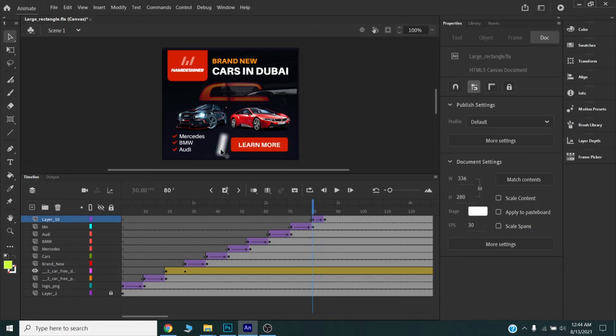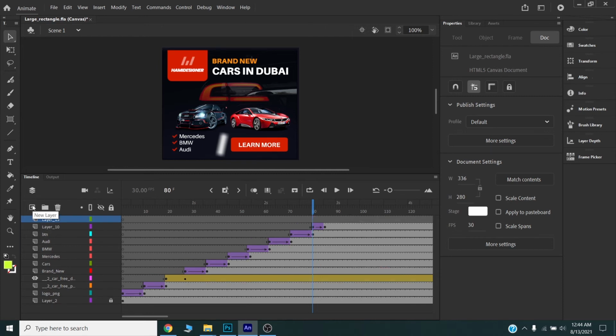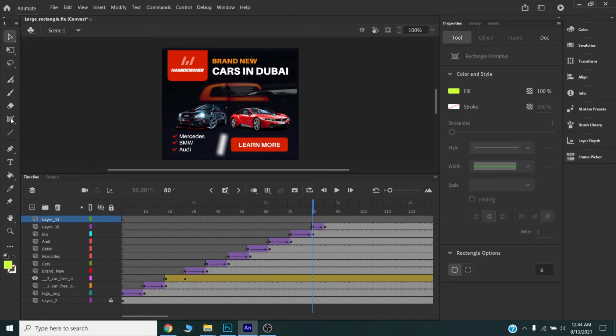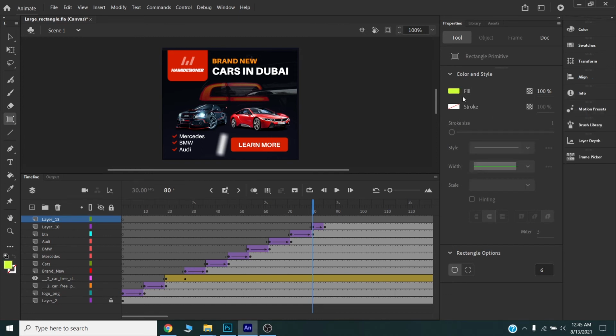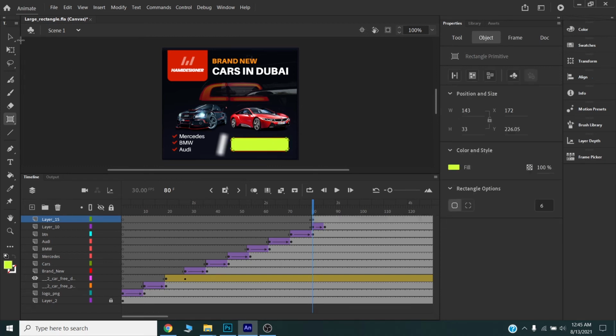Now I will mask this shine layer. So I will create new layers. I will choose this rectangle and I will choose any color. This color will not show because this will mask this layer. Radius will be 6 pixels and this will be same as size of this button here. Okay, now I will choose 142 by 36 like this,